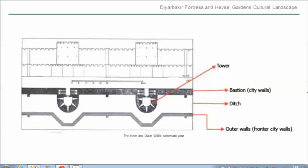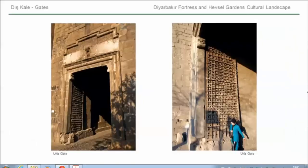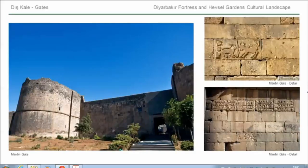There are 4 gates on 4 directions, lying on the ends of the 2 main arteries on the north, south, and east-west direction that intersect each other. The gates are Deg Gate on the north, Urfa Gate on the west, Mardin Gate on the south, and Yeni Gate on the east. Very special decorations and inscriptions on the fortress's gates and towers that are written in stone are among the best surviving examples of the Roman, Byzantine, Abbasid,